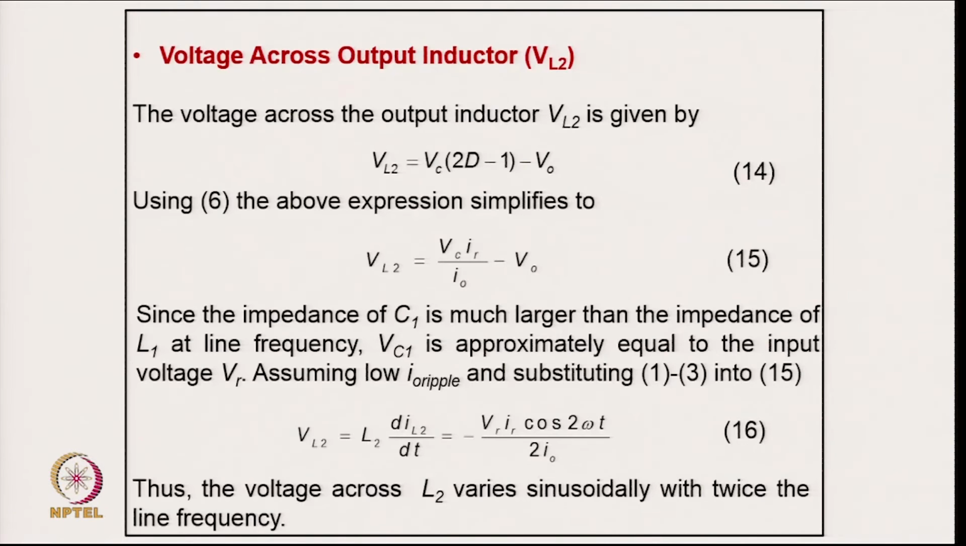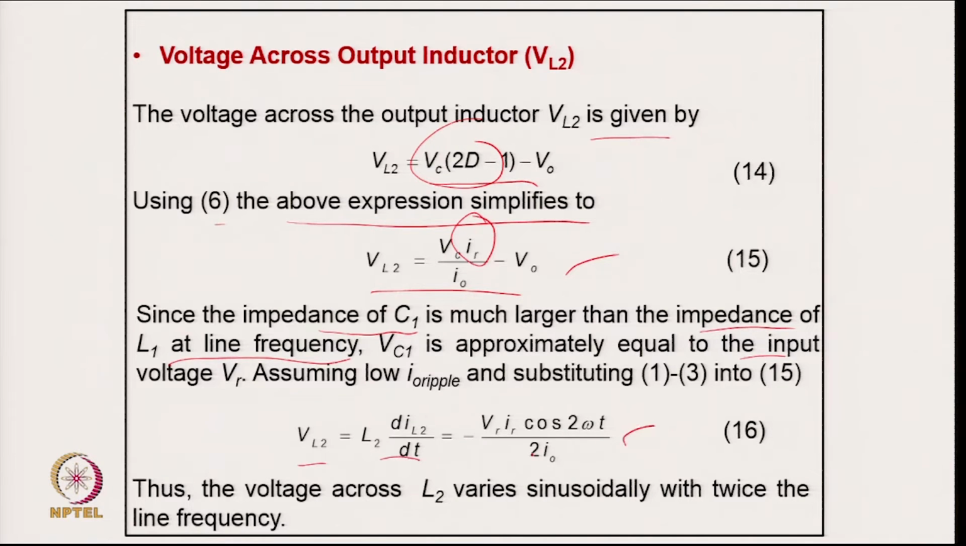And then the voltage across the output inductor is given in terms of V c into T d minus V o, and V L 2. This expression can be simplified by keeping the value of each term from the other expression, and the impedance of C 1 is much larger than the impedance of L 1 of the line. So, V c 1 is approximately equal to the voltage, as we are assuming low ripple. So, V L 2 will be L 2 d I by d t,